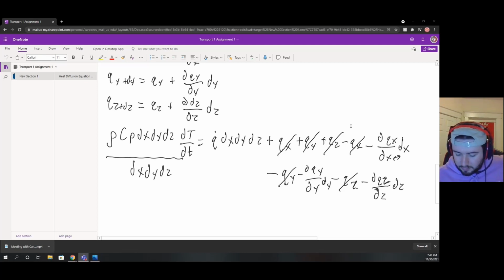And then we can plug in our values for Qx, Qy, and Qz with the area and the heat flux. We can plug those values into the partial differentials. So when we do that, we'll end up with the density times the heat capacity times change in temperature over change in time